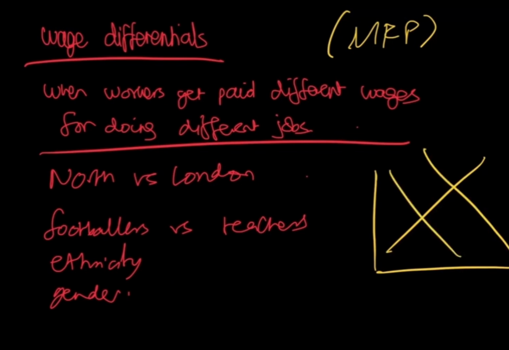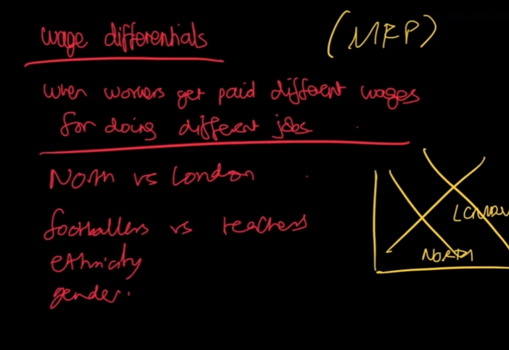So that's north, and that's London. You've got a demand curve that's shifted to the right because of whatever reason. Based on the factors of demand, what could be one of them that means the demand for labor is higher in London? It can't be capital because that's the same everywhere. Would it be that the price of the good is higher in London? Prices of the goods are higher in London, the demand for the goods is higher in London, and also the productivity of workers is higher in London.